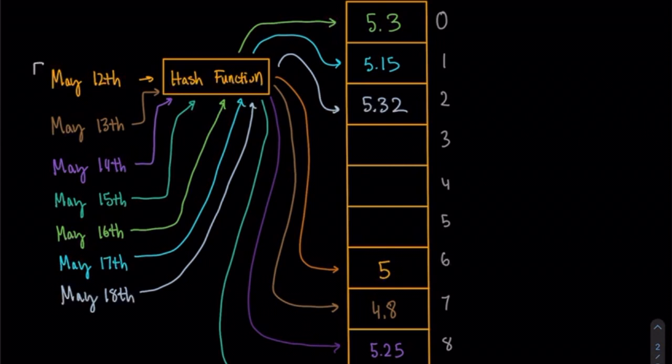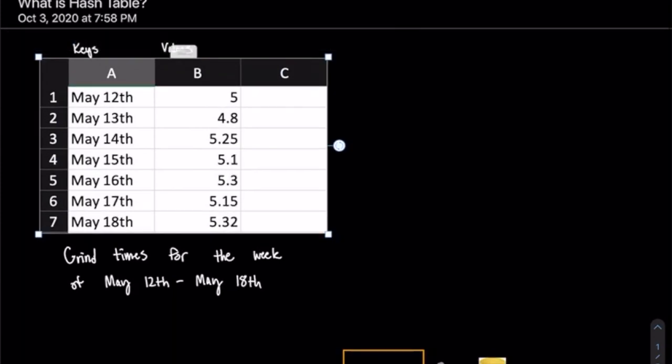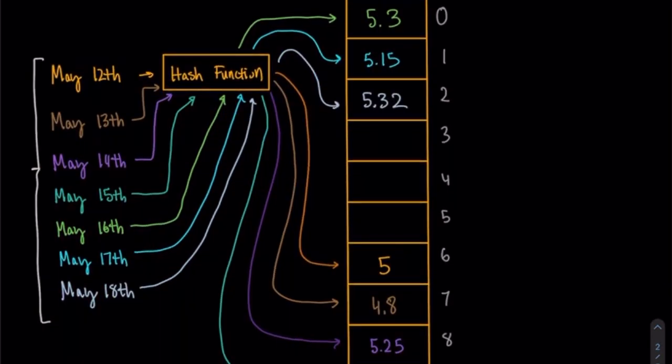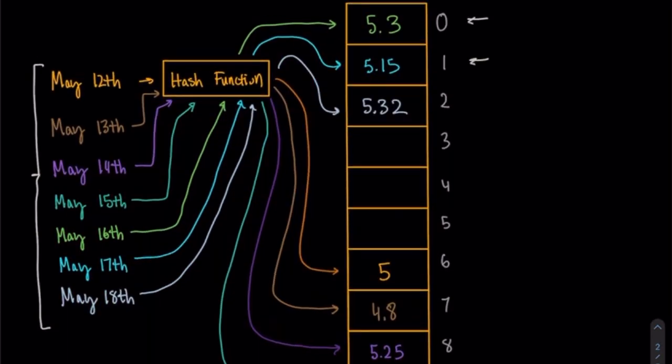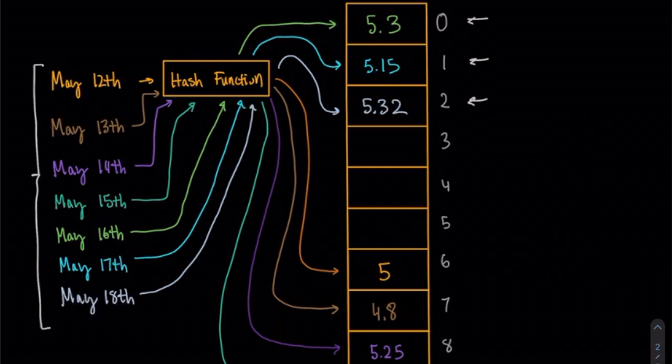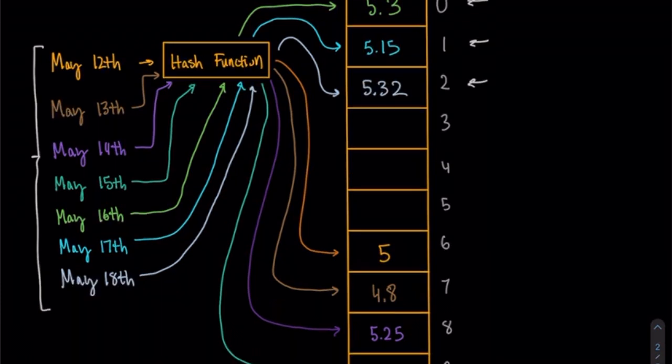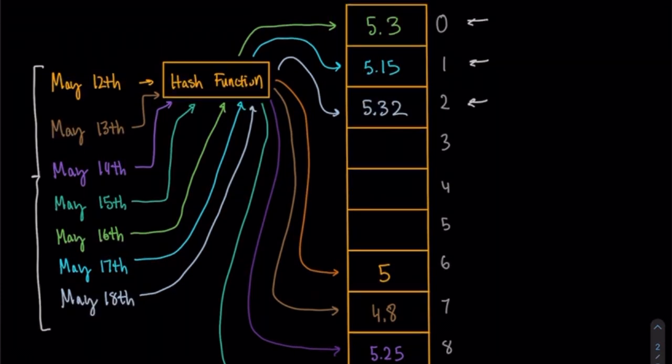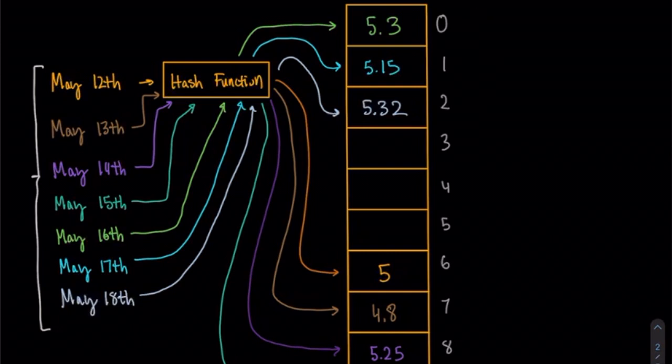And as you can see, we have the corresponding keys, which are found from here, with their corresponding values, added to the corresponding indices. And just to recall, indices are the output of our hash function. So since our hash function outputted 0 for May 16th, 5.3, which is the value associated with the key May 16th, will go into index 0. And as you can see, it kind of neatly fits into the hash table,